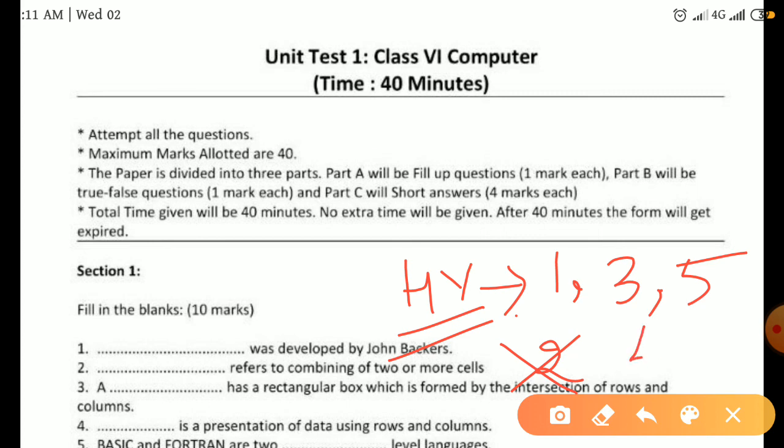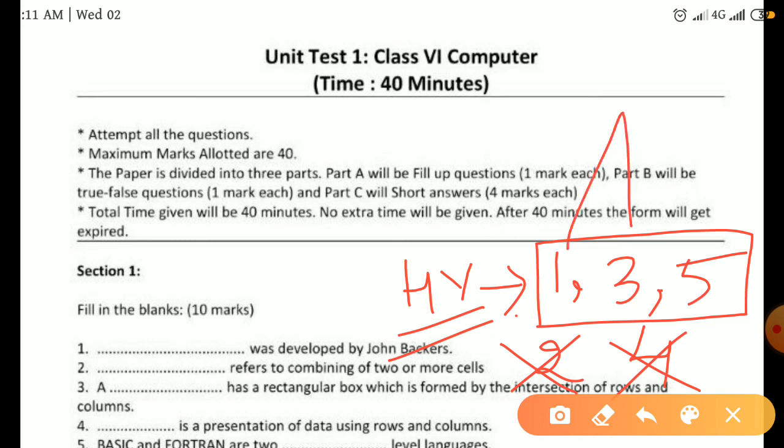Now for the fourth one as well, we have done the explanation part now. So you just cross this one also. Both these chapters are not going to come in your examination. For the half yearly, we are having 1, 3 and 5. And you know that for the unit test, we have already completed these 2 chapters, 1 and 3. So we are left with only one chapter, that is chapter number 5. Okay. So you note down your half yearly syllabus into the content of your book. That would be helpful.